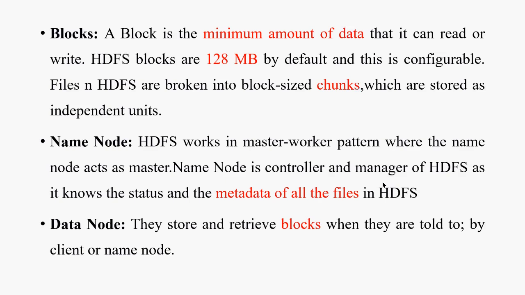Now when we talk about the storage of Hadoop, the files are stored in a way that when you get a larger data set, the whole larger data set is not going to be stored in one particular location or one particular node. The data set or block of information is going to be broken down into chunks. Each block could be 128 MB by default. So HDFS breaks the particular data set into smaller chunks, and these independent units or chunks could be